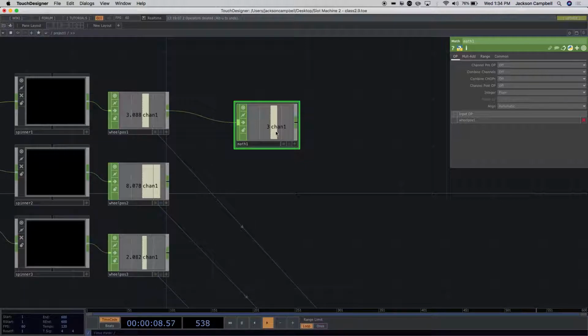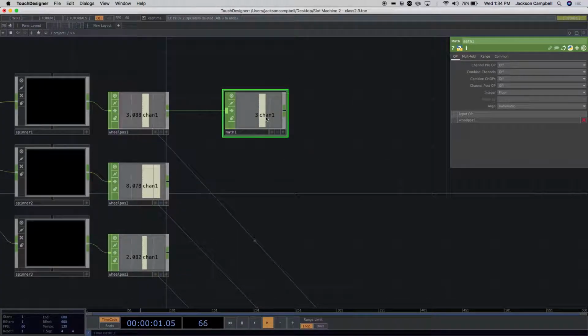Now, what do you think we could do to do this on the other wheels? Anyone? It's really simple. What? Copy and paste, right? Yeah. We could have three math objects, but we don't need to, because the math, you can see, I don't know